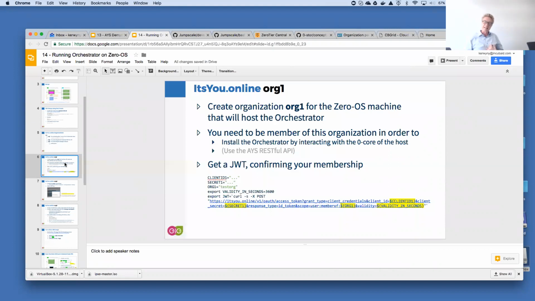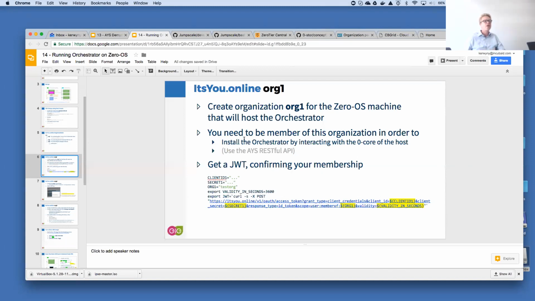Now, remember that when setting up this organization, the only thing you needed to do until now is making sure that you are the owner, of course, or that whomever that needs to do the installation has access to it, meaning is a member of that organization.